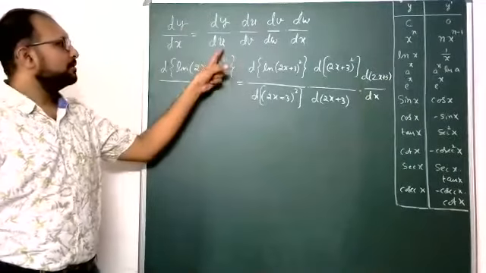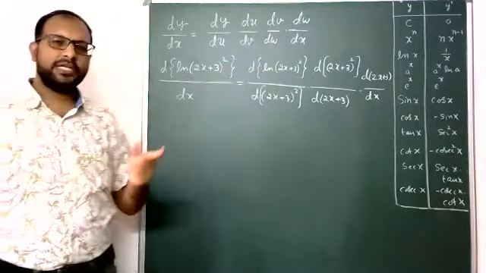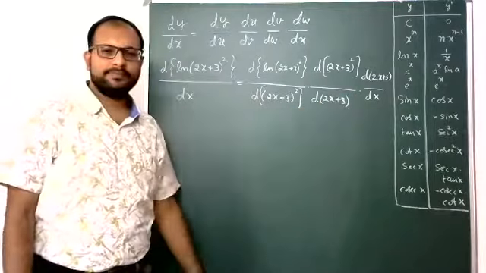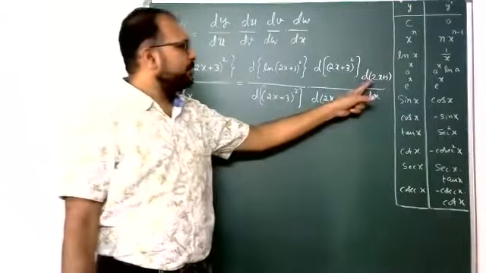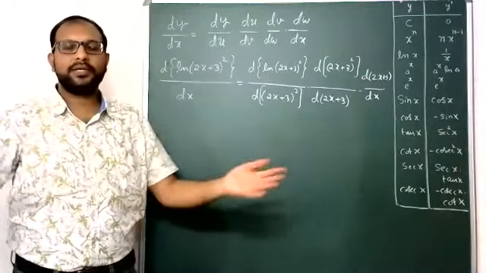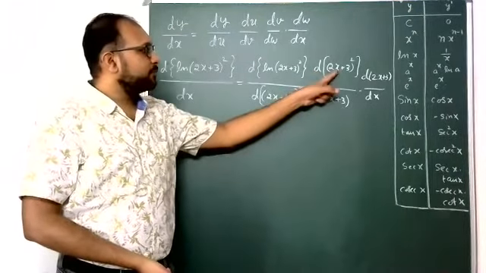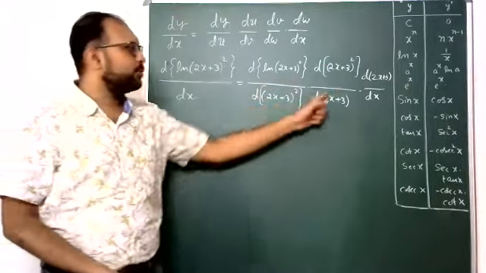See here now, 3 links are used in the chain. Previously the 2-link examples are over, now 3: 1, 2, 3. Because the last should be very easy, the derivative of 2x plus 3 with respect to x, we know the answer is 2. But the derivative of (2x plus 3) whole square with respect to x is again complicated. That's why one more link is required.